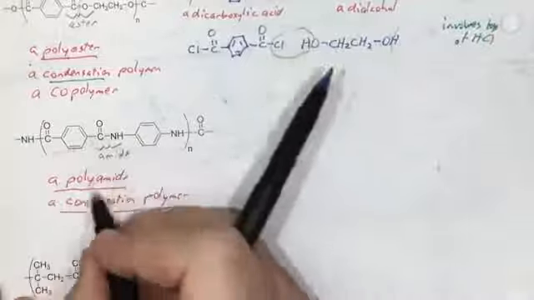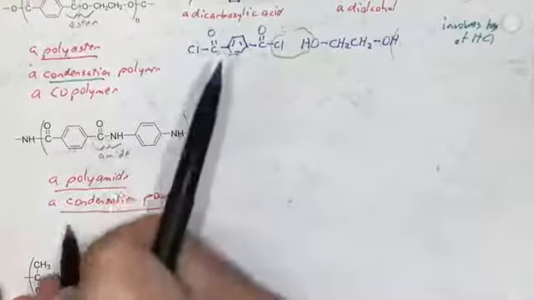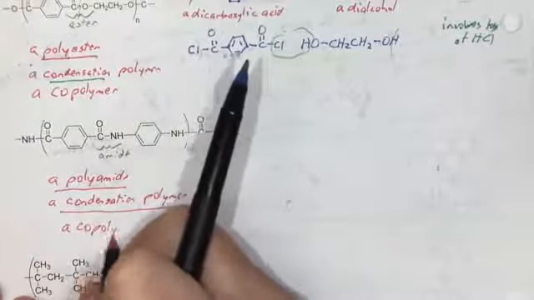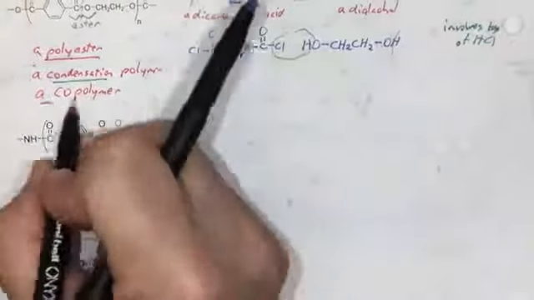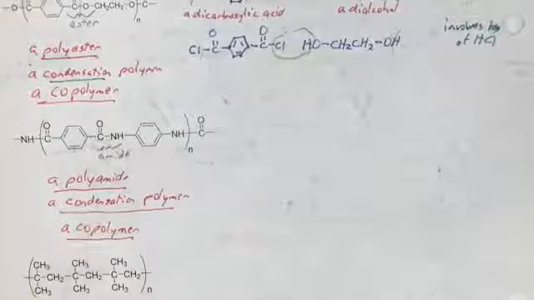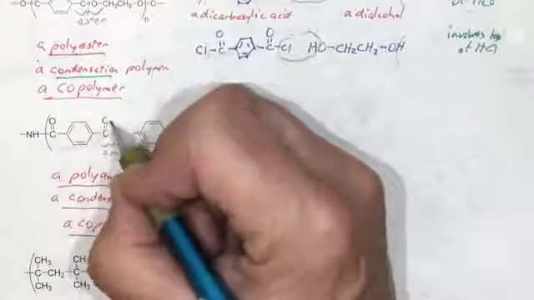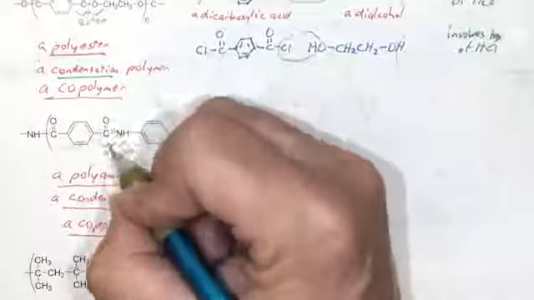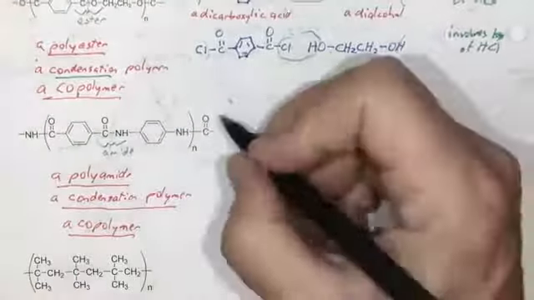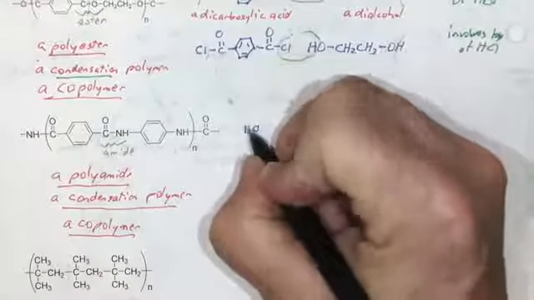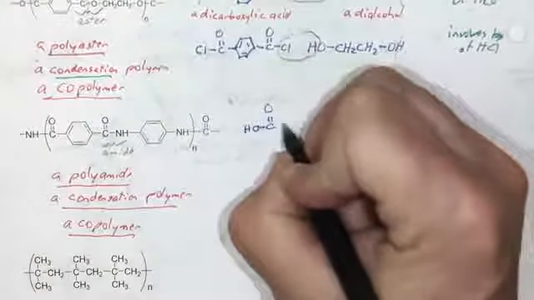It's going to be formed from two different monomers as well, so this is also a copolymer. The two different molecules that could be lost in forming this are water and HCl. So let's do it with water first. If we look at this much of the molecule right here, this could be a dicarboxylic acid. So this could come from a dicarboxylic acid where we have an OH attached to C double bond O attached